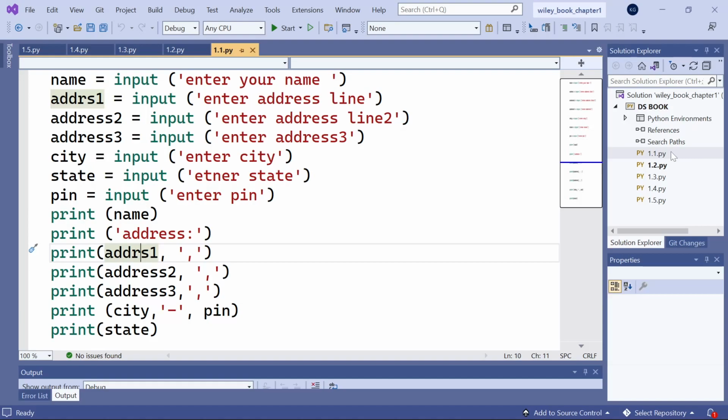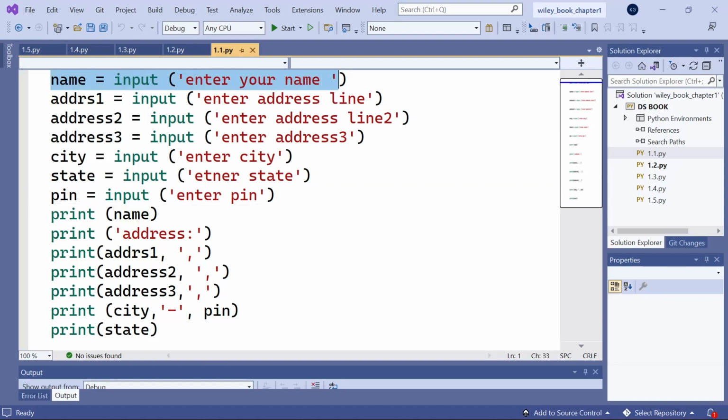Of course, Python has got data types just like any other programming language. It can work on floating point calculations, it can work on integer calculations, it can work on strings also. Here we are not using those data types, but yes, I can do that. Anyways, name is equal to